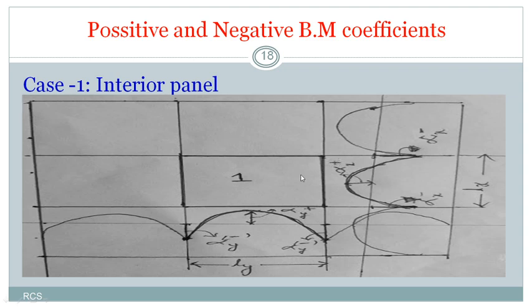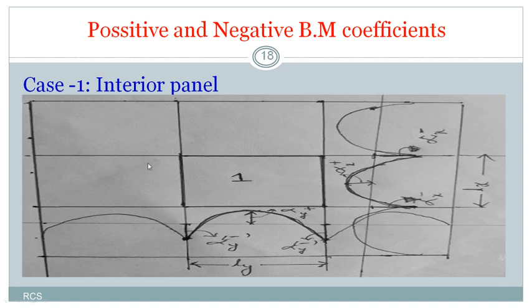So to design a slab that is an interior panel, where all four sides are continuous, we require four values of bending moment coefficient. Those are alpha x and alpha y, positive at the midspan and negative at the supports. Altogether we require four values: alpha x negative, alpha x positive, alpha y negative and alpha y positive. So based on these we can calculate the maximum bending moment values. From that we can go for calculation of size and design. We will design the slab.